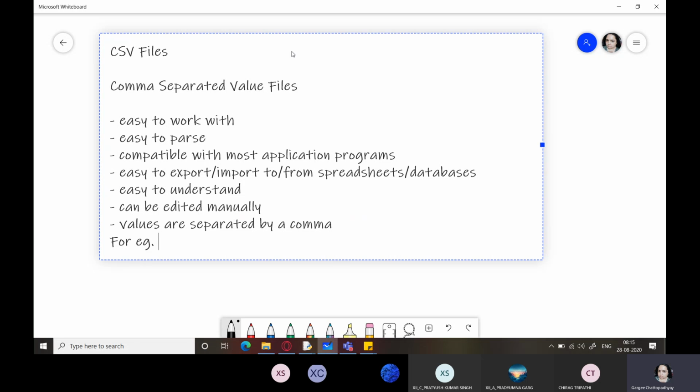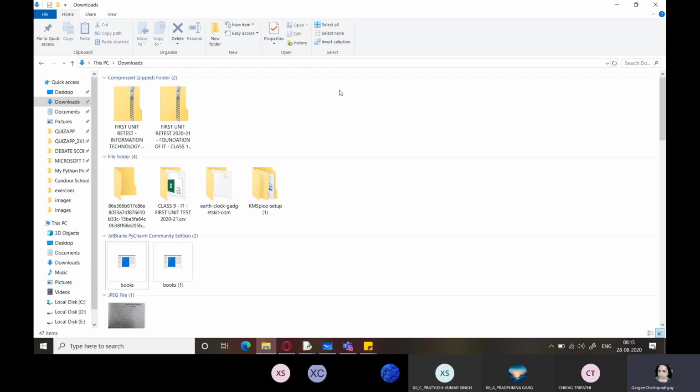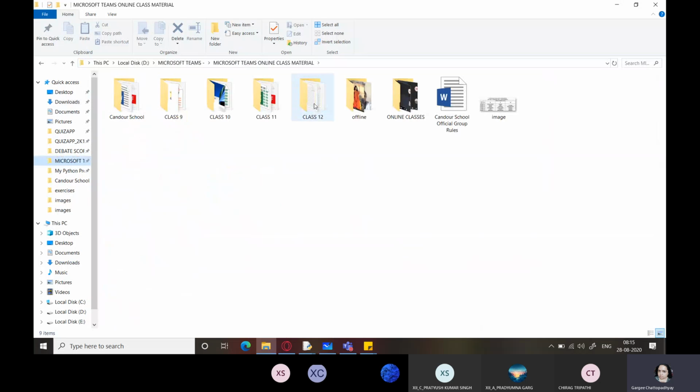So E101. I'm just writing it in the form it would appear in Notepad. So E101, then you'll have the name of the person. And there a new line character will be there at the end. So this is how it works. All values, you can see, are separated by a comma and hence it makes it very easy to understand. I am going to open one file which I had created earlier.